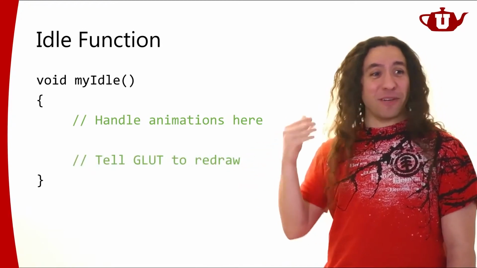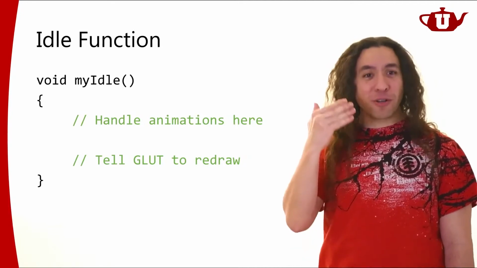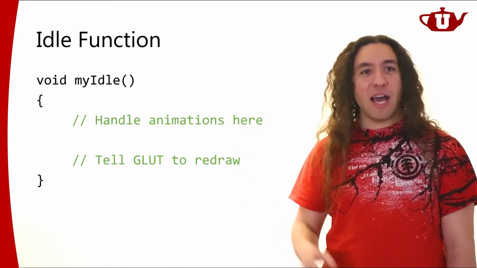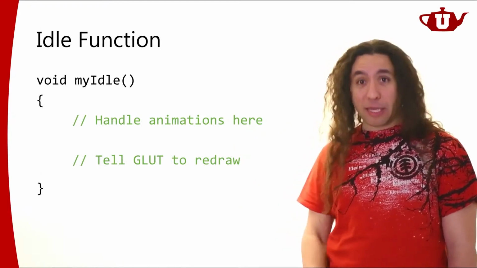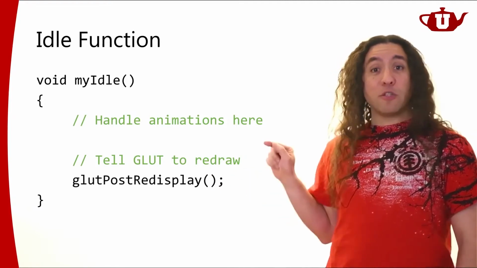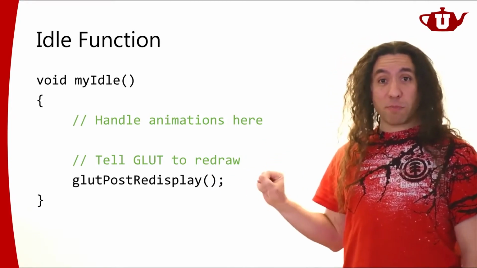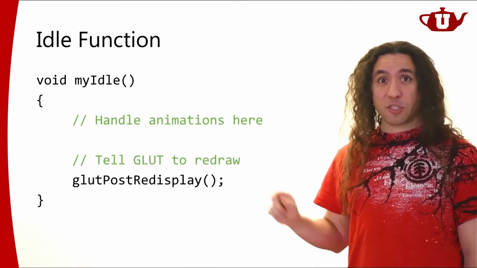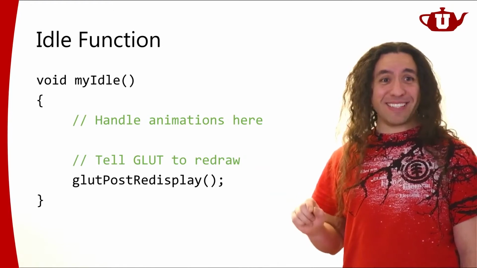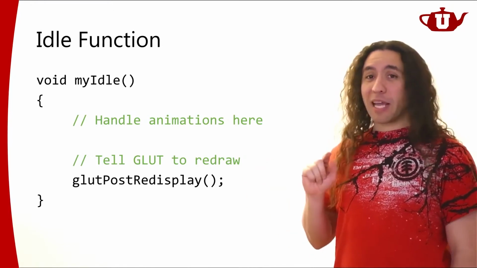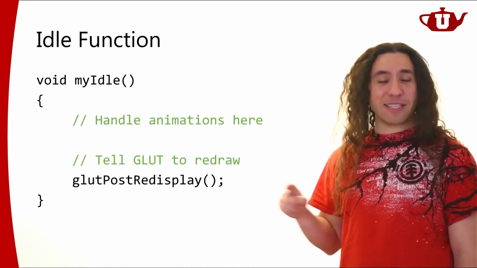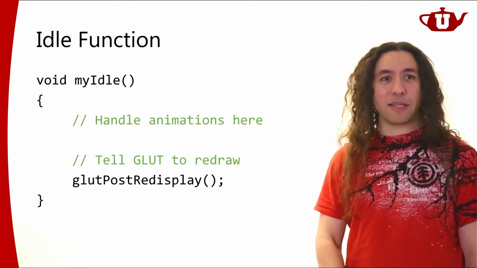All right? Whatever you were displaying in your front buffer is no longer valid because I changed some stuff in my scene. I need you to draw that again, please. Yeah, so you call glutPostRedisplay. Do not call your display function yourself. Just tell GLUT that you would like GLUT to call your display function. All right, so don't call it directly yourself. It will work if you call it directly yourself, but don't do that because that's not how GLUT is designed to operate.